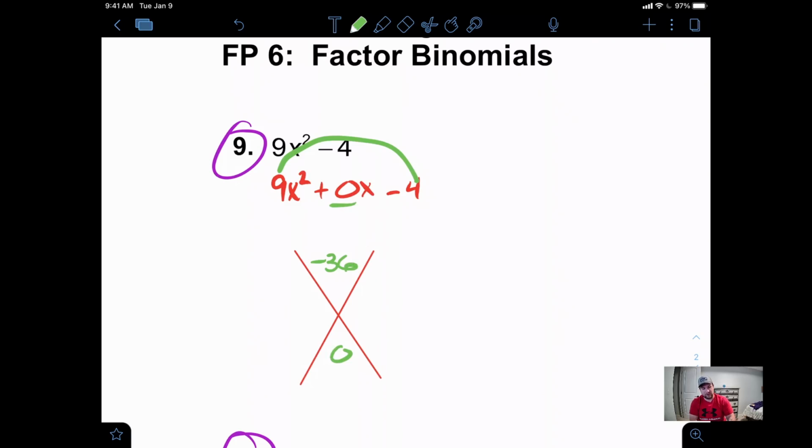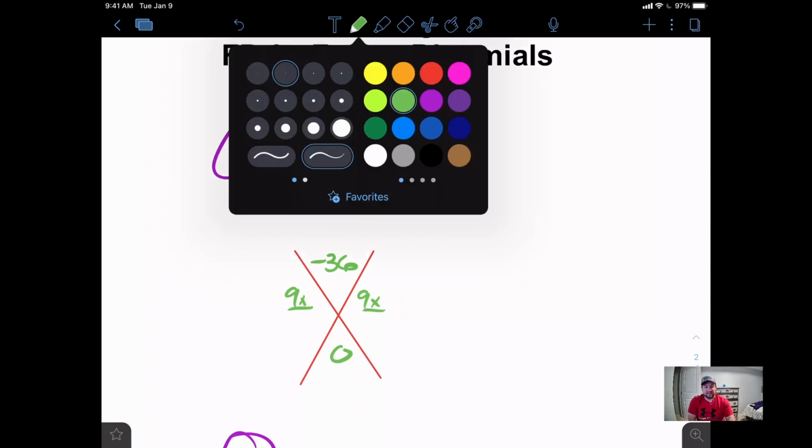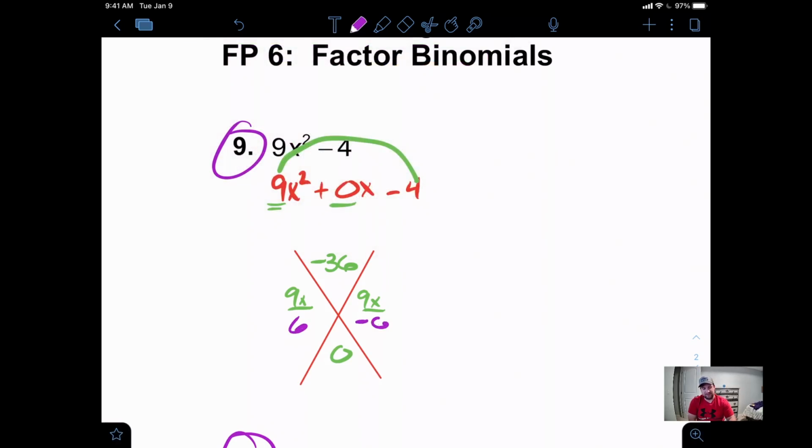0 is going to go on the bottom. Since my a term is 9, I'm going to have 9x over and 9x over. I'm just looking for two numbers that multiply to give us -36 that add to give us 0. Now, one trick I haven't told you about is that if your numbers add to give you 0, the only way that can happen is if they're the same number but opposite signs. So I know that 6 times -6 would give us a -36, and then 6 plus -6 would give us